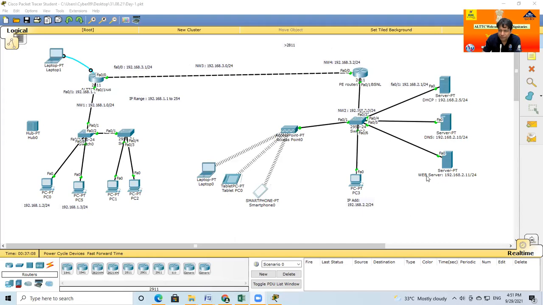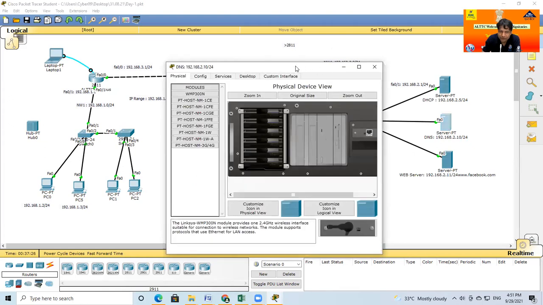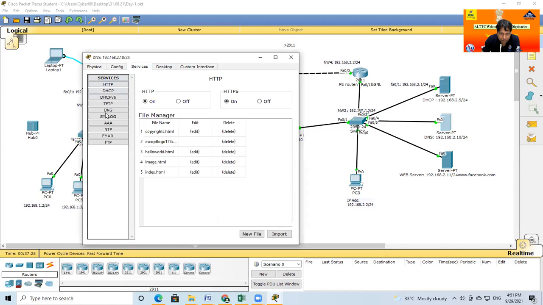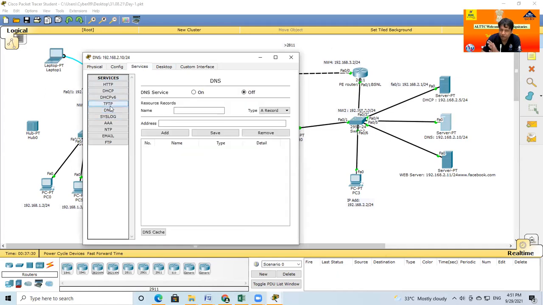Suppose this is the web server for www.facebook.com, and this is its address. For the DNS server, first turn on the service, go to the service, and the DNS software is already installed. In the DNS server there are a lot of IP addresses and corresponding website names.